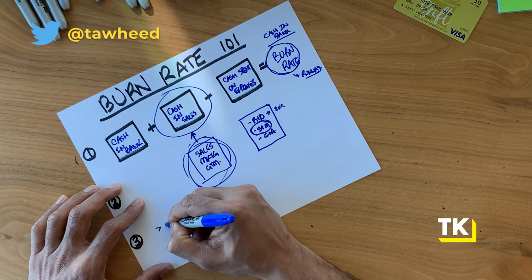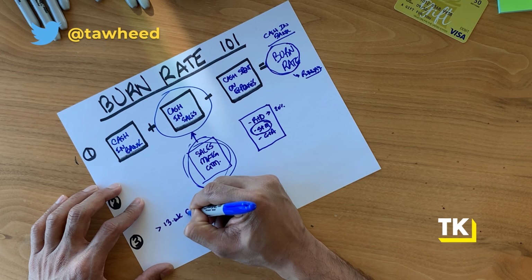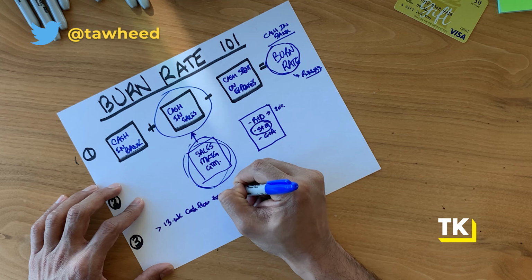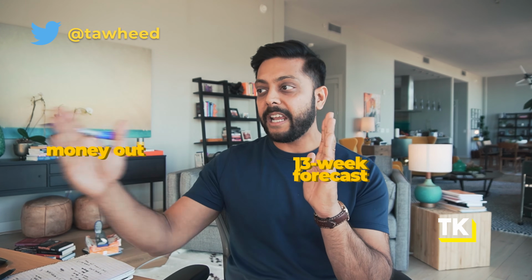The number 1 thing you can do is create a 13-week cash flow forecast. This is something where you can get a template online. There's lots of free templates. This is something you can ask a part-time CFO to do for you or an accounting firm to do for you. Sometimes there are SaaS offerings for this, but really looking at your expenses and forecasting out,